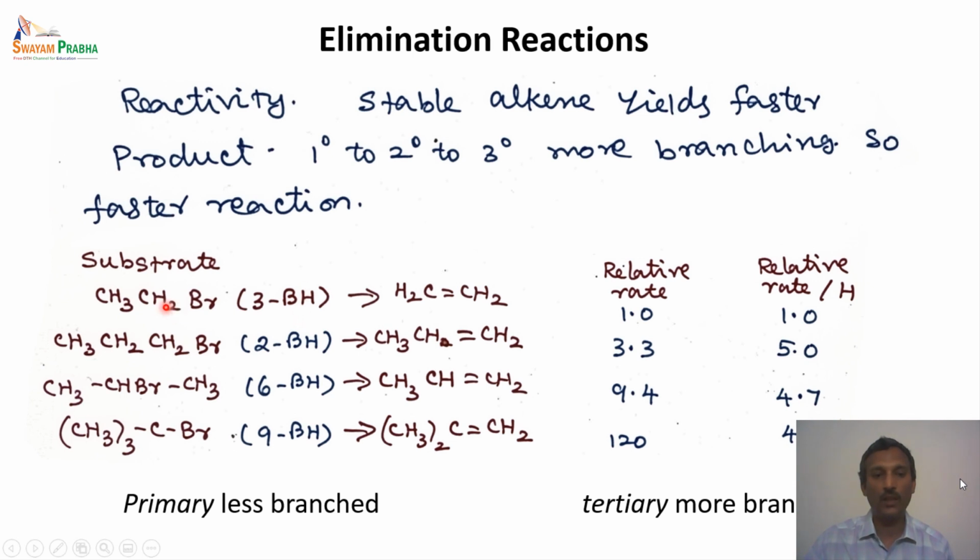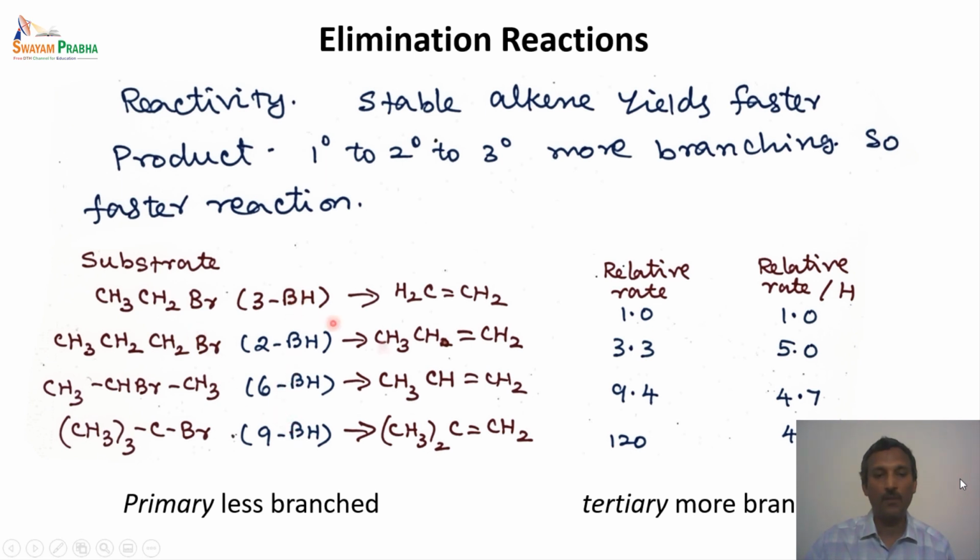They all give elimination. So in this particular case, we have 3 beta hydrogens. In this case, we have only 2 beta hydrogens. In this case, we have 6 beta hydrogens, and in this case, we have 9 beta hydrogens. So as you know, the primary is the less branched, so obviously in this particular case we have less number